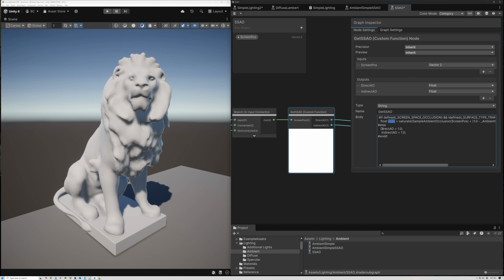And now I need to define my DirectAO and my IndirectAO. So let's come down here to the next line. And I'm just going to say IndirectAO equals ssao. That one's easy. Now I can say DirectAO